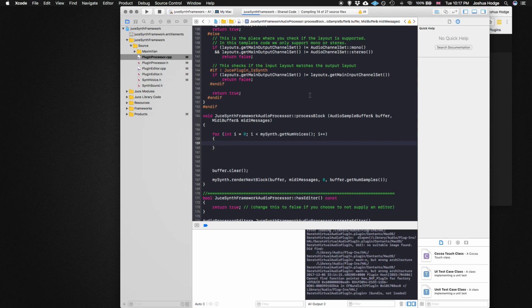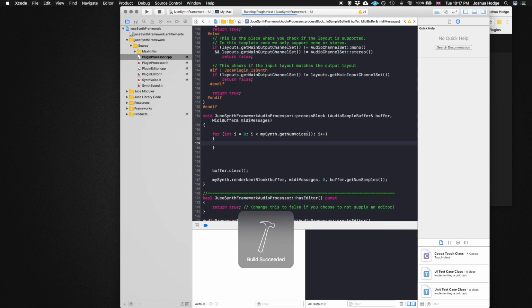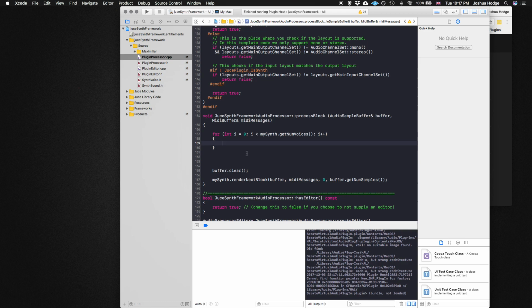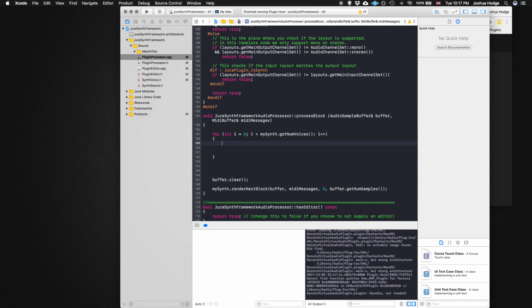I'm just going to compile this real quick, just make sure I've got the function right, that I've remembered it right, so that's fine. Okay, and then what we're going to say is if the voice is dynamically cast as a synth voice, then relay the information. Okay, so if my voice or my synth,